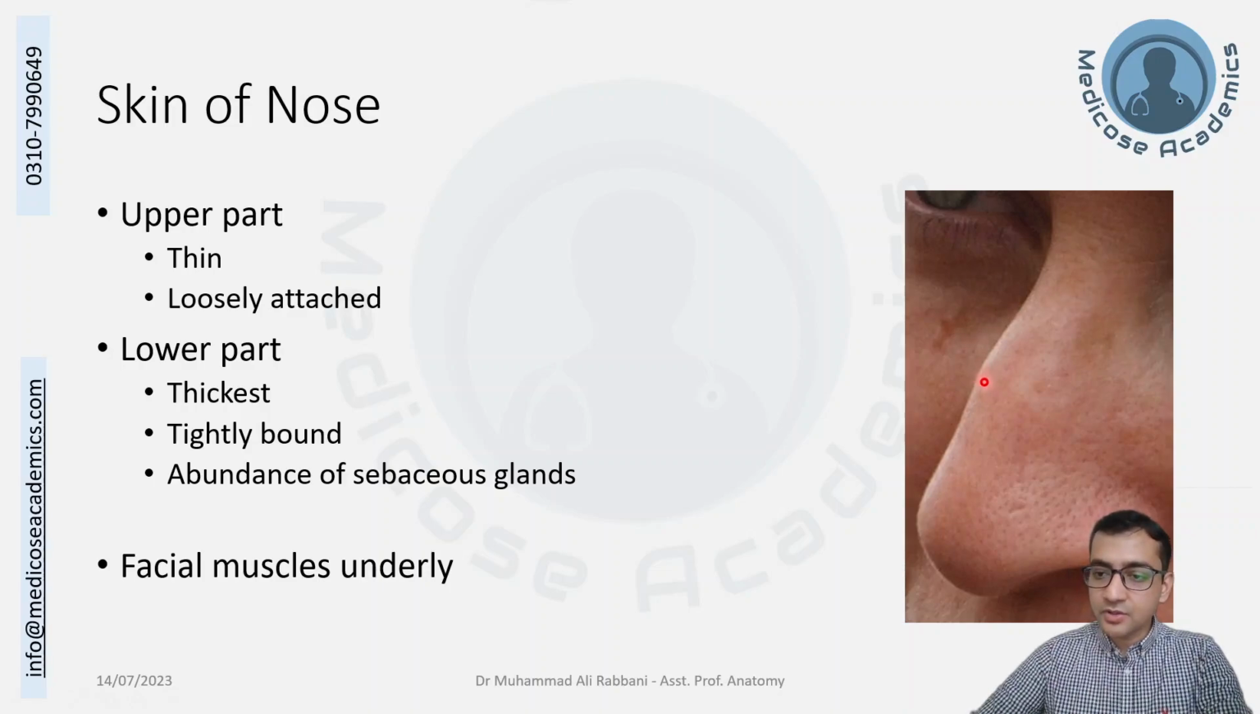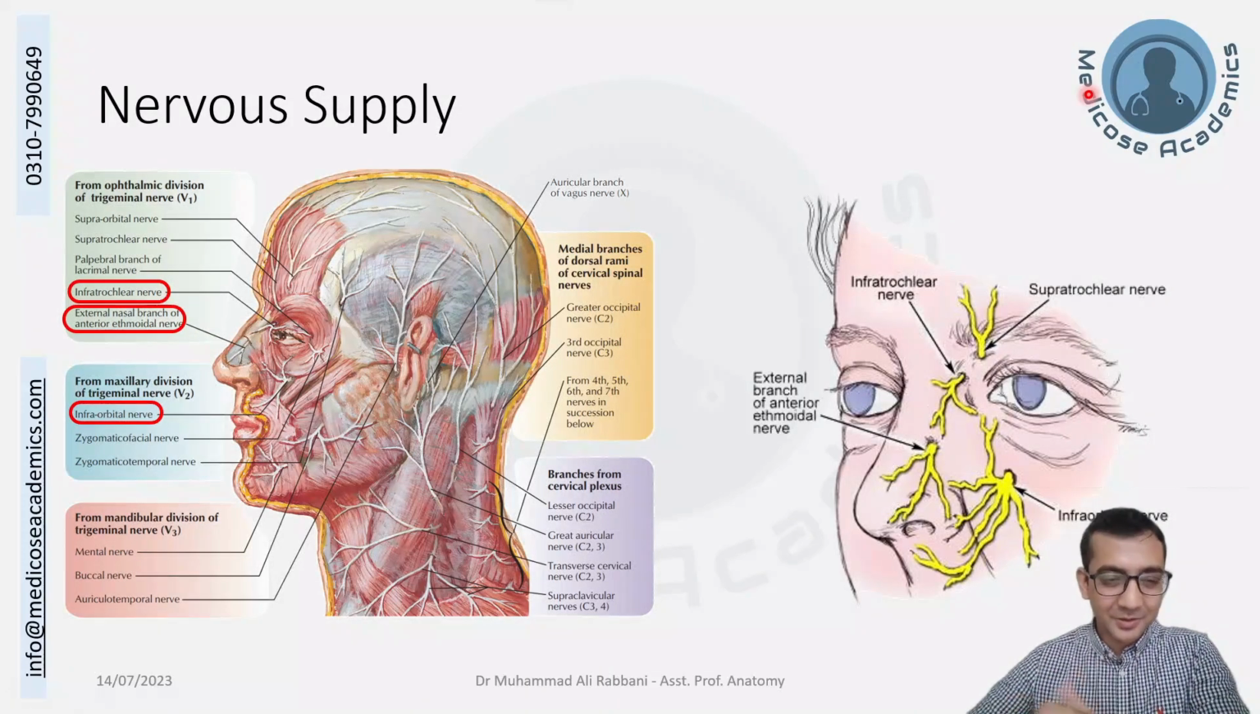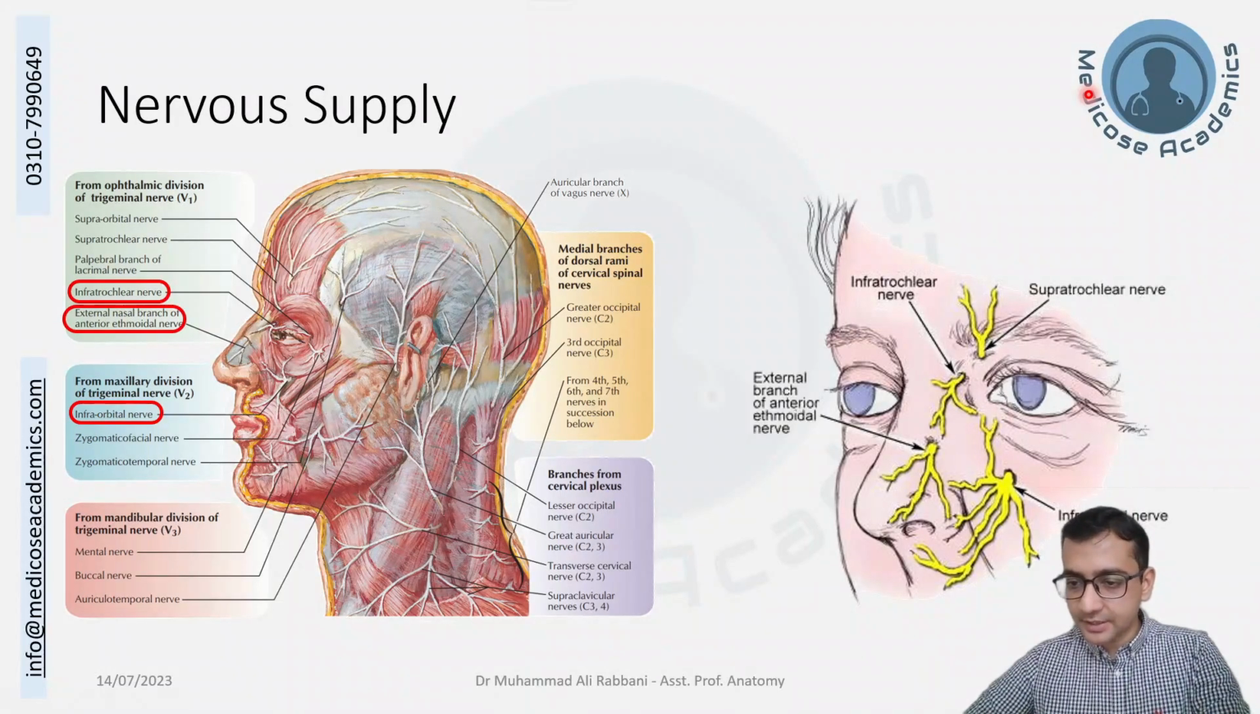We talked about the transverse nasalis muscle, procerus, dilator of the nostrils, the levator labii alaeque nasi. There are different muscles that are attached to the skin beneath the nasal bone, beneath the nasal skin. If we talk about the sensory nerve supply, it is mostly from the ophthalmic division of the trigeminal nerve, with a hint of the maxillary division from the